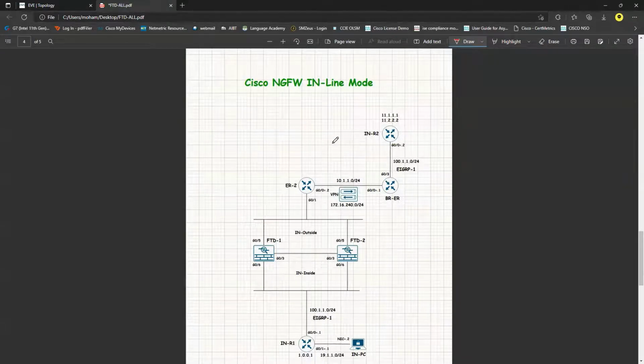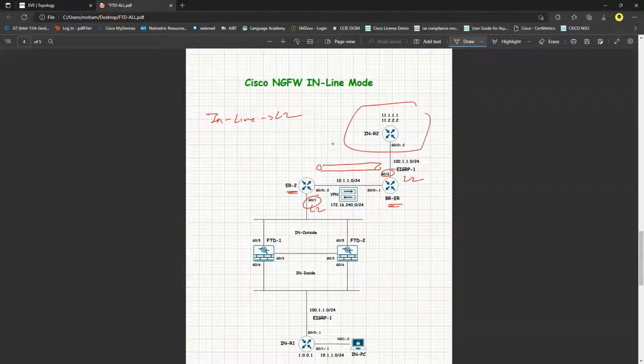Now, I said that inline mode will be the layer 2 mode, right? Bump in a wire. Yes. Now, there is a requirement. You see that I do have an edge router, which is connected to the branch router, and there is a VPN running between them. And now the connection is such a way that these two interfaces are acting as a layer 2 now for the routers. So forget about the configuration, how it has been done, but logically, what this router sees is that it is connected to the switch, maybe for now, because I have configured in such a way that the traffic, whichever it is happening, that 100.1.1 network,